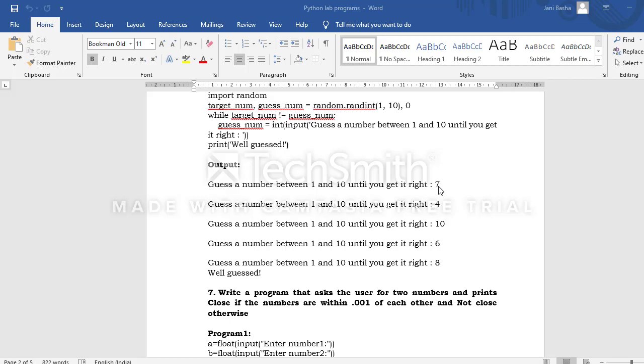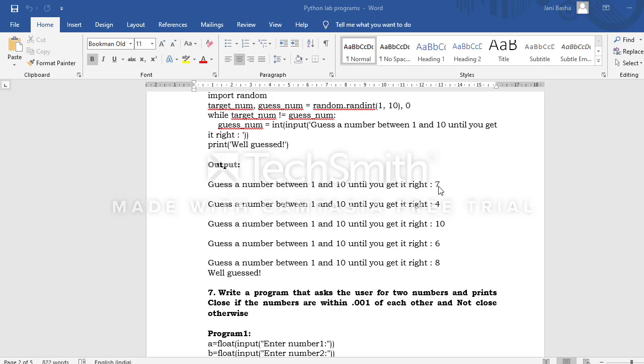So this is the understanding, the analysis of this program. I already told you in the previous classes there is a function called randint. That function generates a random number in between a particular range. That function is there in the library called random. Random is a library which is there in Python.